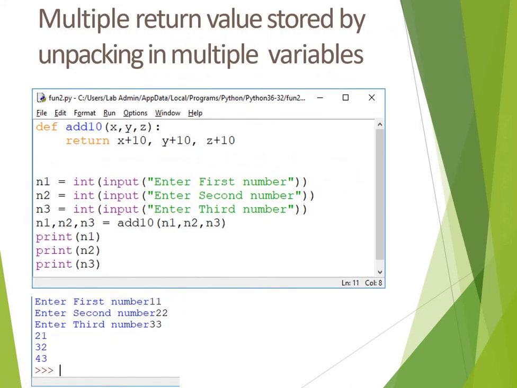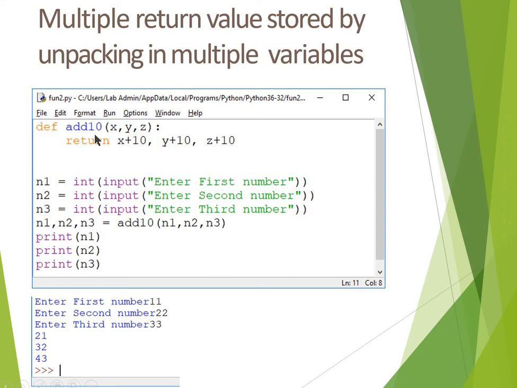Now multiple return values stored by unpacking in multiple variables. The same thing, only since there are three return values, I have created three variables to receive them from the function. So n1, n2, n3 is equal to add10 of n1, n2, n3.